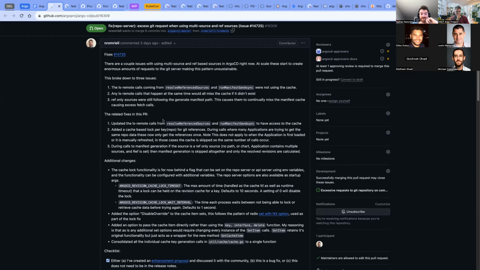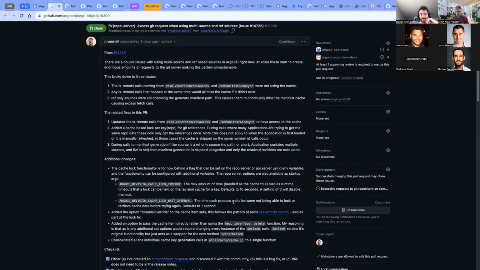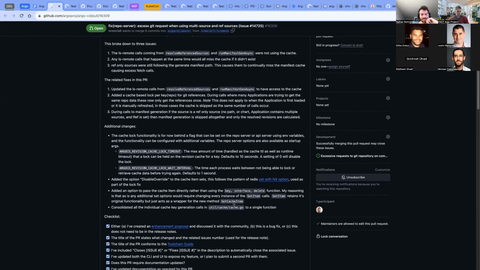The lock is a soft lock, so it has a TTL and gets removed afterwards if it still exists by the caller. So you can't end up in a deadlock state, but it could slow things down in a worst case scenario. So yeah, just wanted to bring it up here.